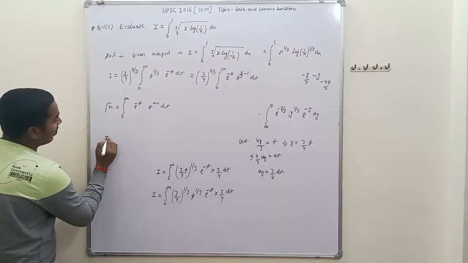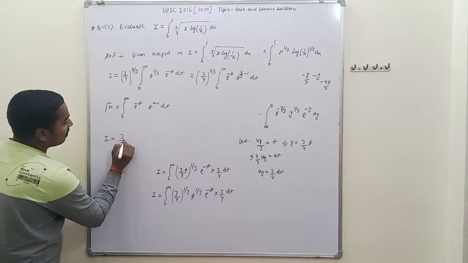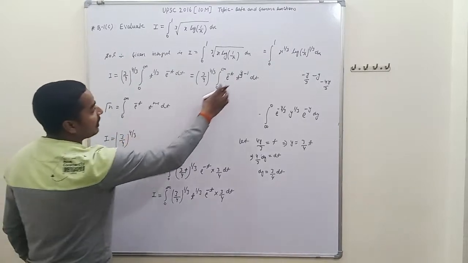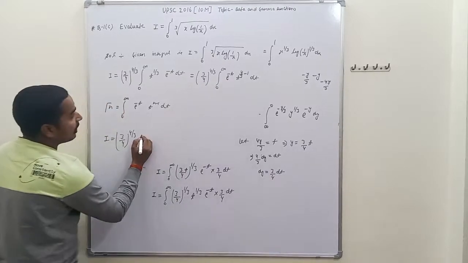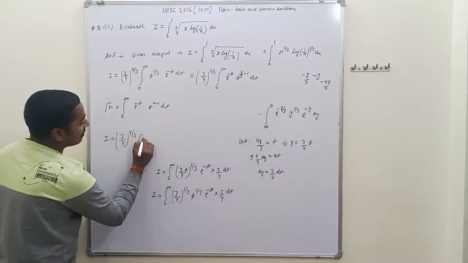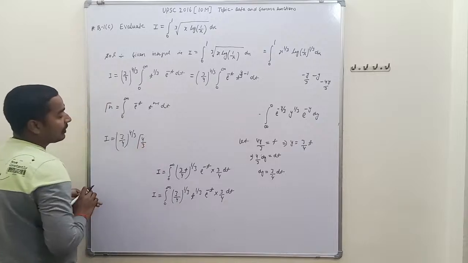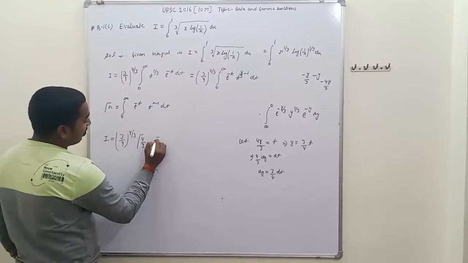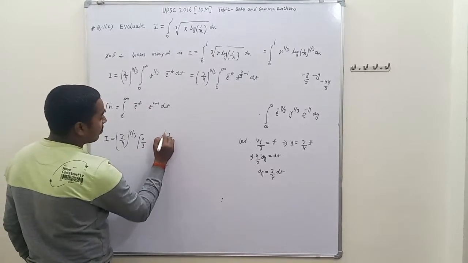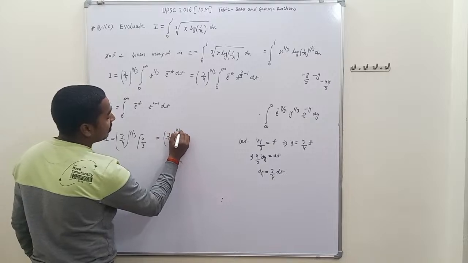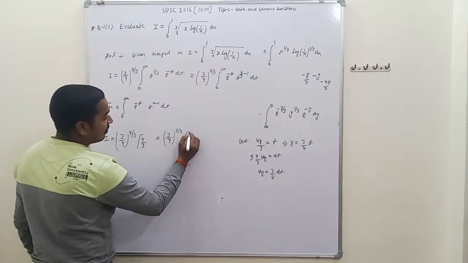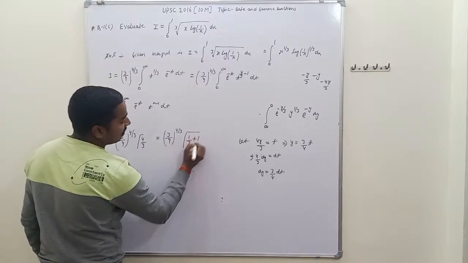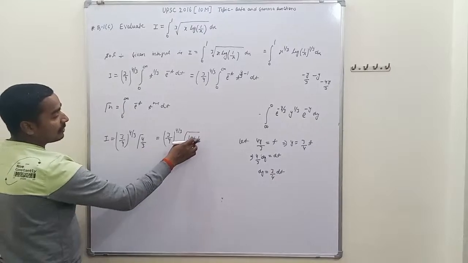This is given by I is equal to (3/4) whole power 4 by 3, and in place of n we have to write gamma of 4 by 3. This is given by (3/4) whole power 4 by 3, and gamma 4 by 3 is written as 1 by 3 plus 1,